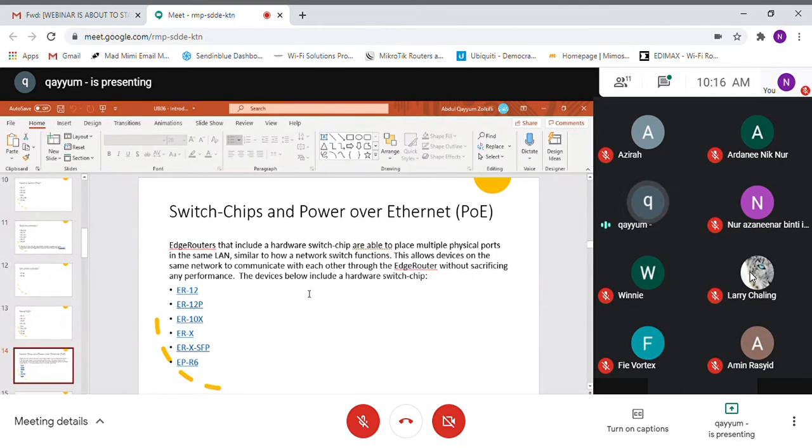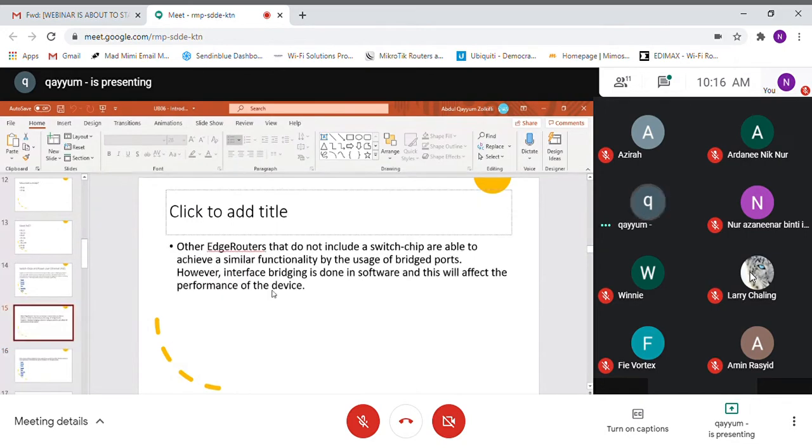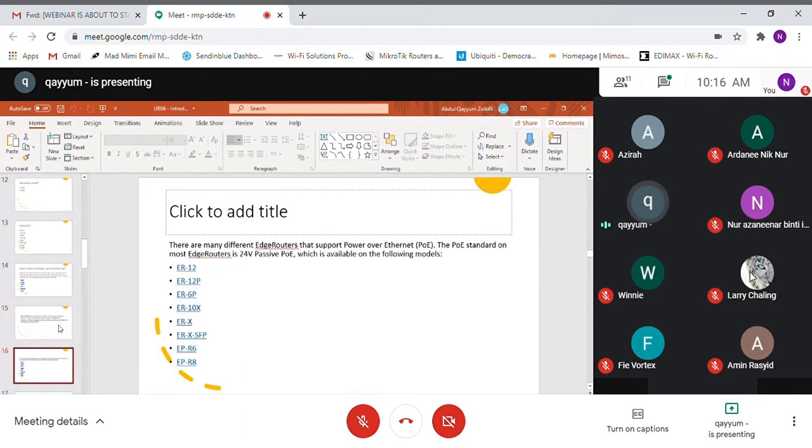If you don't use a router with a built-in switch chip, you're still able to do switching, which you call bridging, but that is software switching, so it will consume the performance of your router and affect the performance.